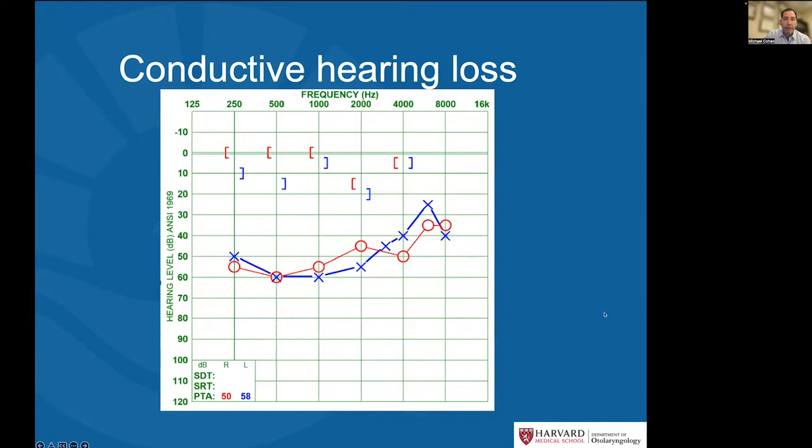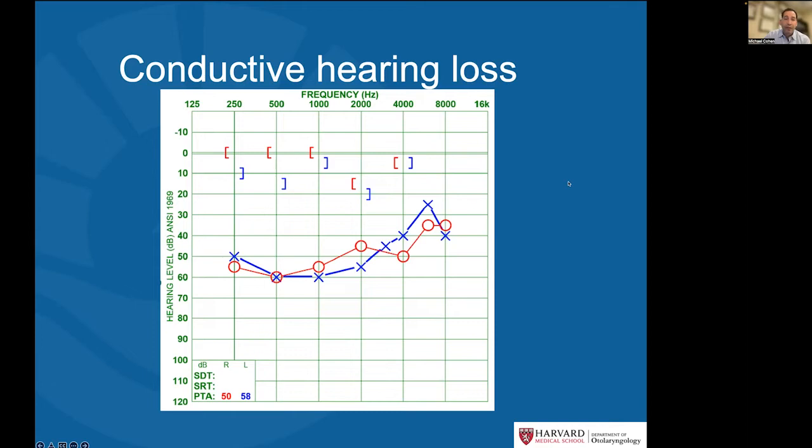Now, this is an example of a conductive hearing loss. How do we know? Because the responses down here are in the moderate hearing loss range, but these brackets, which you might see on a hearing test, are a result of bone conduction testing. Bone conduction testing happens when we put a device behind the ear that vibrates and bypasses that whole middle ear system. It sends vibrations directly to the cochlea. And in this case, the bone conduction testing is within that normal range, telling us that this is a conductive